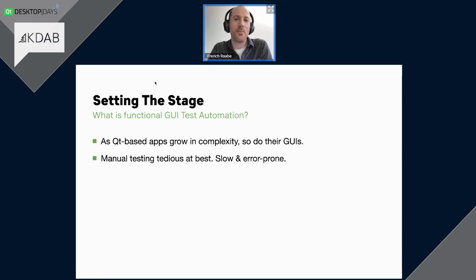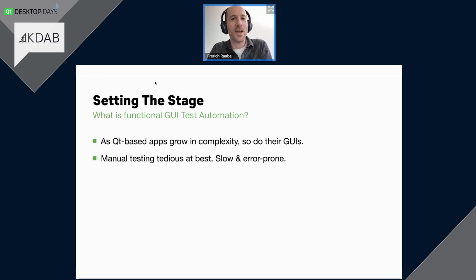One of the main issues with manual testing is that it's very slow. So going through this list of interactions and performing everything manually and then verifying everything manually is very slow, which means that you don't do it as often. So it's not uncommon to see that people do manual testing maybe once a month or even just shortly before release. And because manual testing isn't done as often, it means that more time elapses between introducing a defect into your application and noticing the defect when doing the testing.